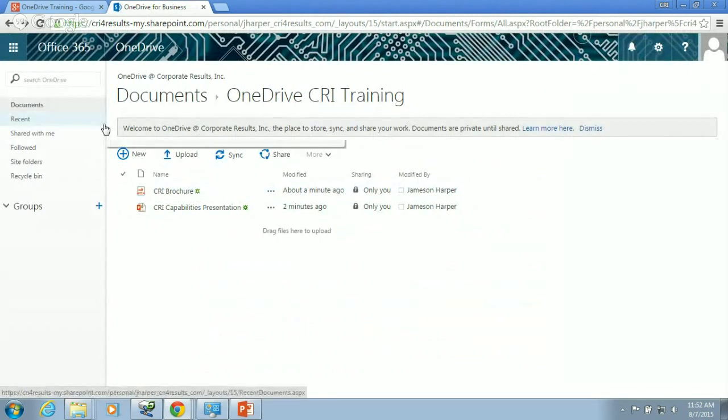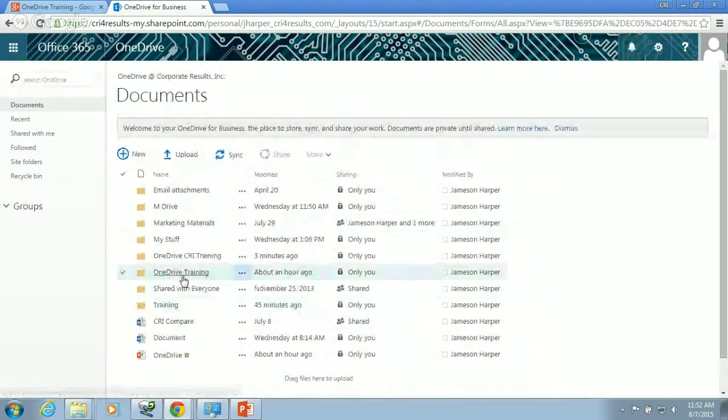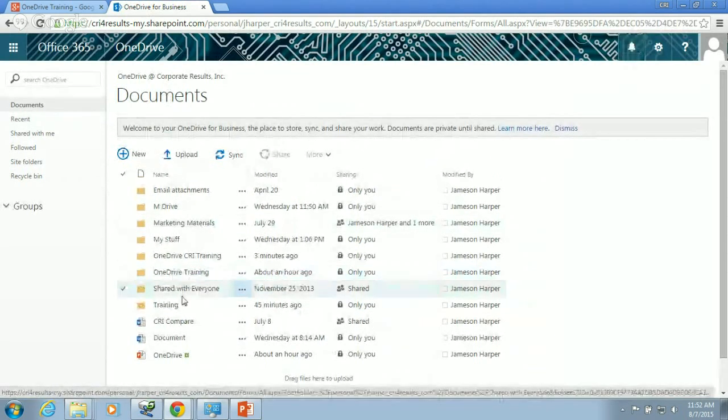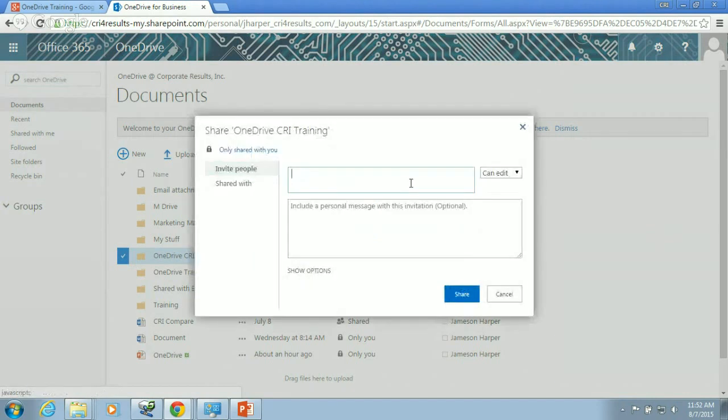Now, if we go back to our documents, let's say we want to share the folder that we just made with those two files in it. You'll see these little check icons on the left appear when I hover over it. So if I select that, I can then click the share icon at the top here,